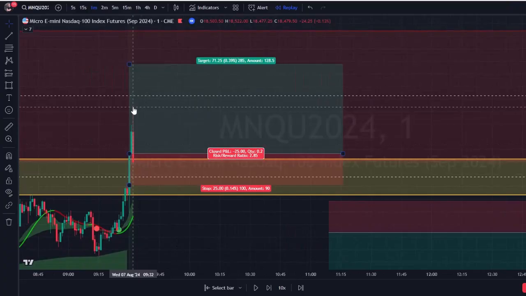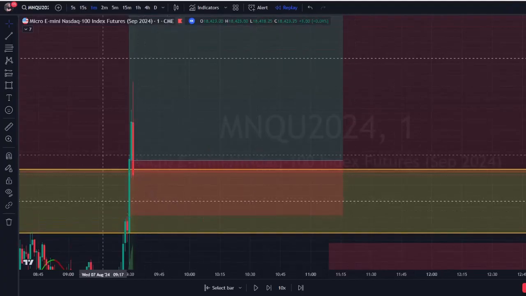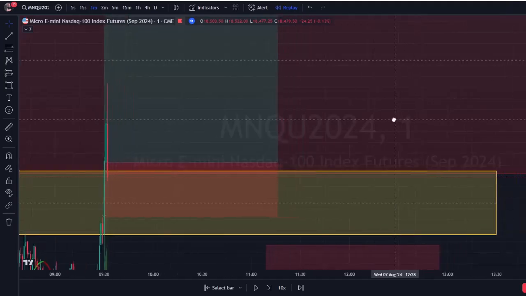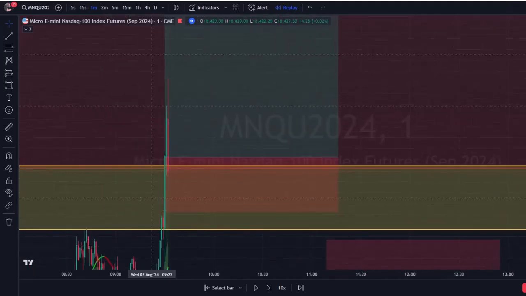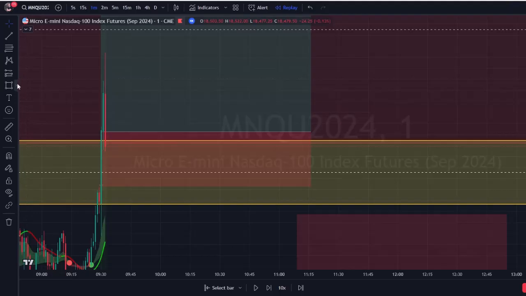And look, it went into the order block, and you can't quite see it here, but the yellow order block overlaps with the red order block. You can see this little pinkish line right here. Maybe if I can, yeah. So you can see where the bottom of the order block is right here. So it came back up. It's retesting the bottom of the red order block and the top of the yellow order block. So I'm going to look for this either to